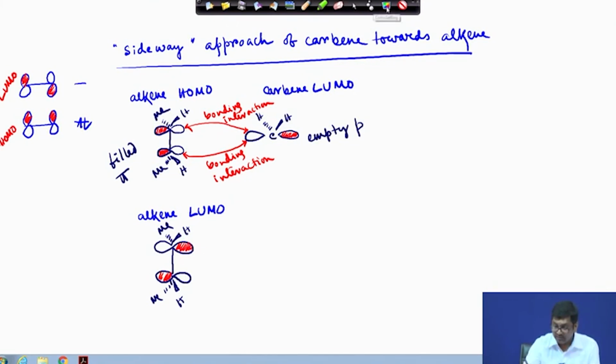So, this is the LUMO, means this is the empty pi star, and we will take the corresponding carbene HOMO, that is this one. So, the filled up